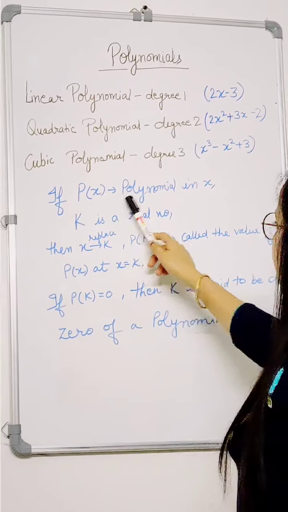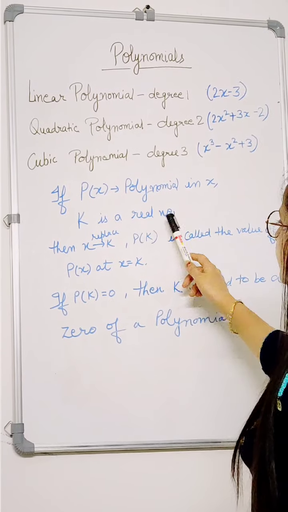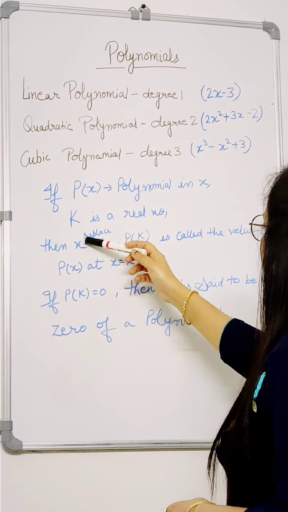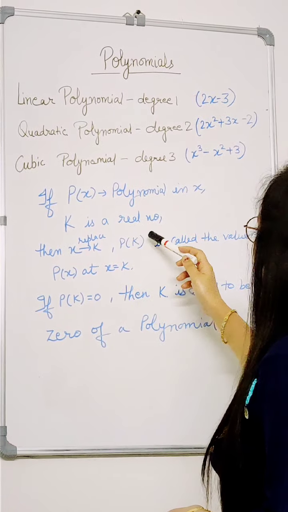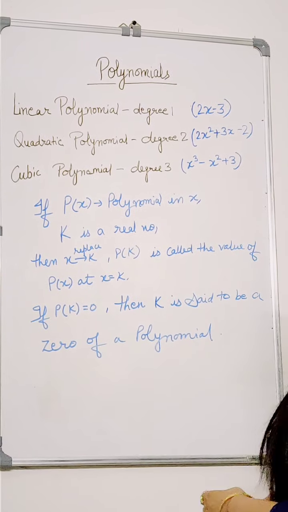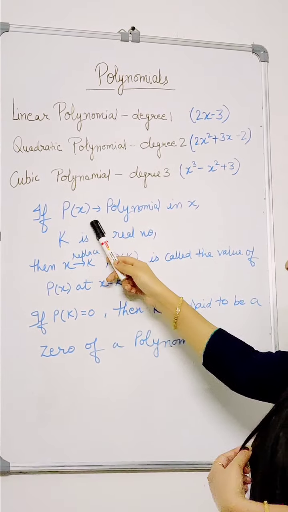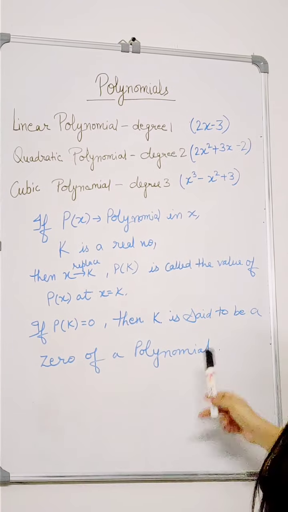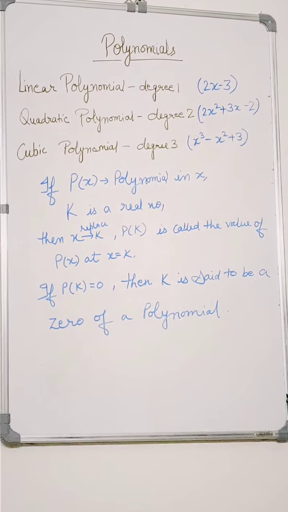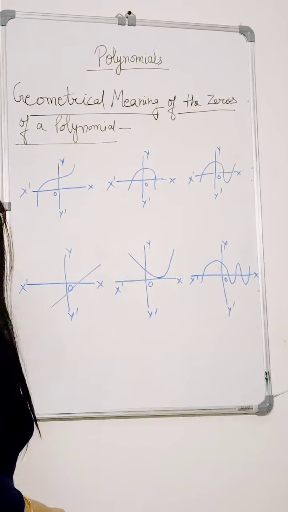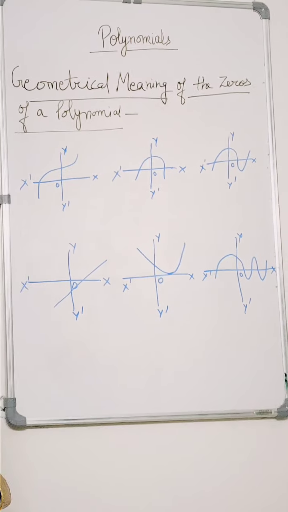Let p(x) be a polynomial in x and k be a real number. If we replace x by k, then p(k) is called the value of p(x) at x equals k. If p(k) is equal to 0, then k is said to be a zero of the polynomial. Geometrical meaning of the zeros of a polynomial: